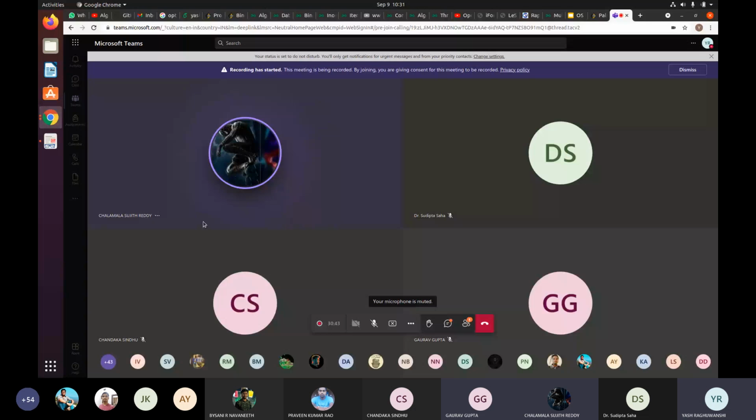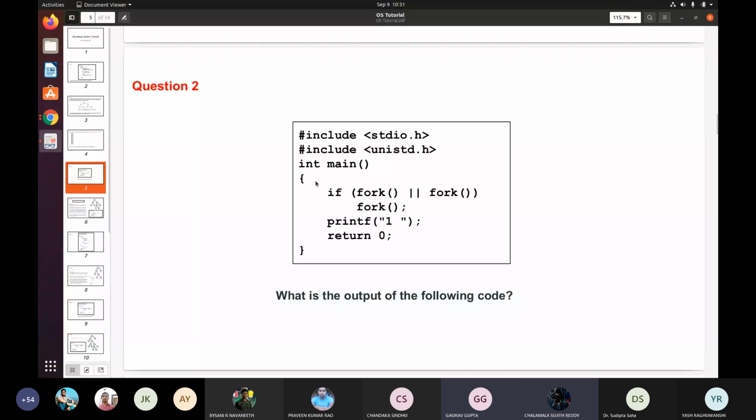Sir, parent and child are two different processes. Then why do they share the same output area? The output area is the common screen. See, cout, what it is printing on the screen, it could open another new terminal and print in the new terminal also. Whenever we are doing cout, what it does is send the output to the common screen.